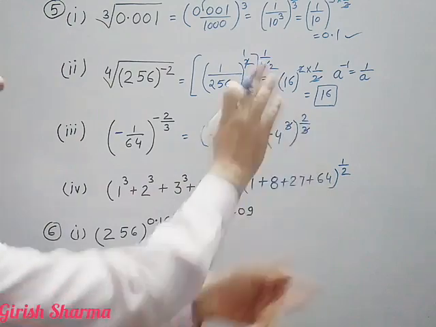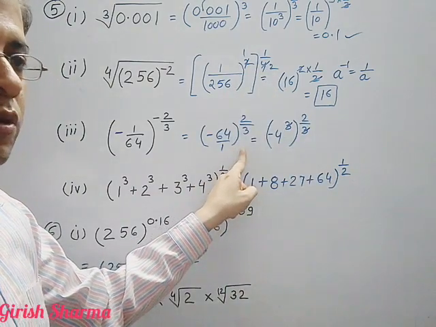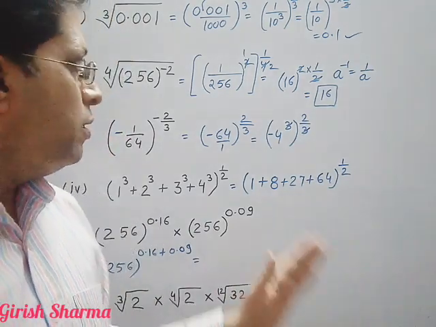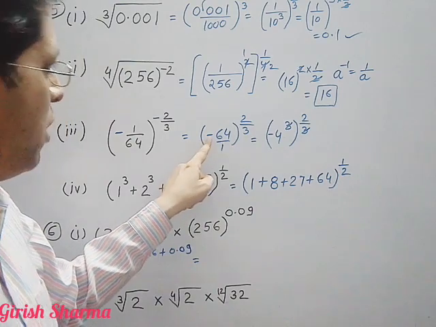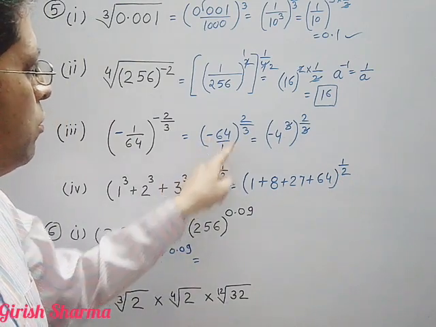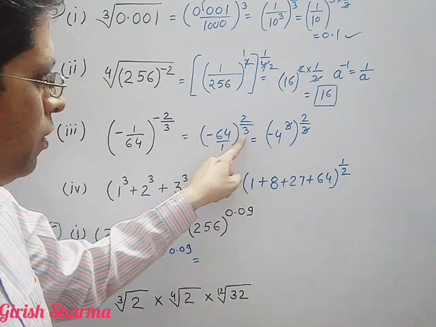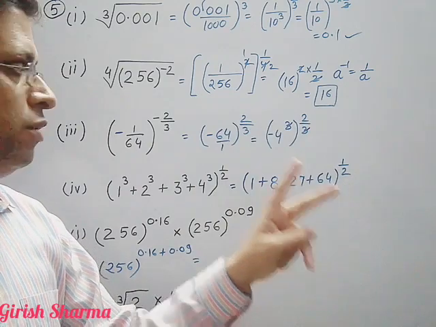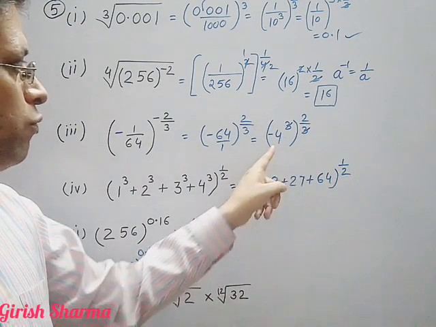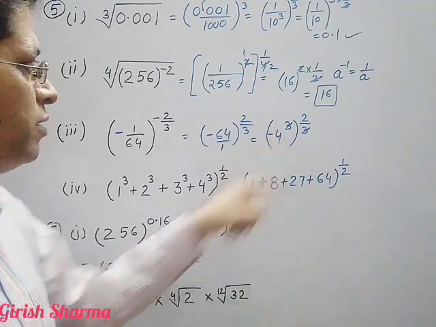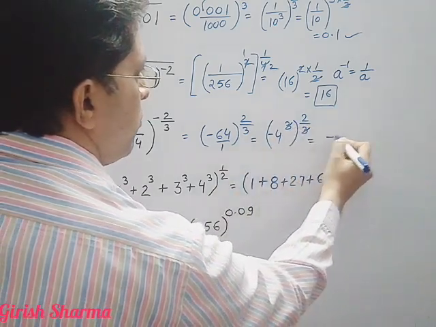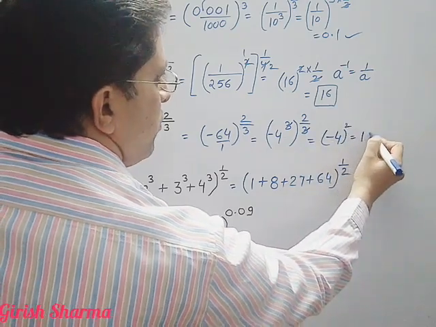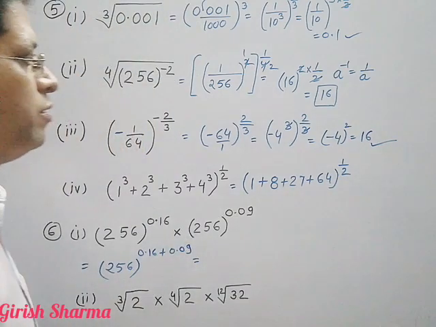Okay. Here we have given minus 1 upon 64 power minus 2 upon 3. First of all, take its reciprocal, convert the power to positive. Important thing, first of all, convert the power into positive. Then you can get it easily. After converting, it is minus 64 power 2 upon 3. According to the denominator, 64: 4 square is 16, 4 cube is 64. So 4 cube I am writing, minus already as it is. Then 3 to 3 cut, this is minus 4 square. This is 16. Minus 4 into minus 4 is 16.